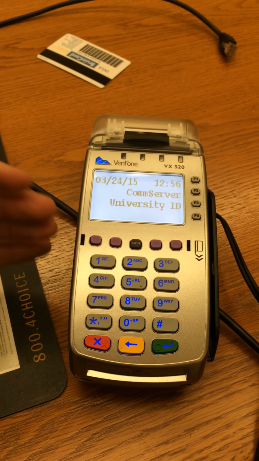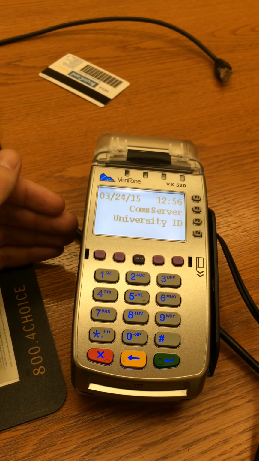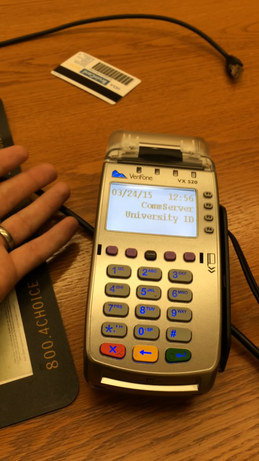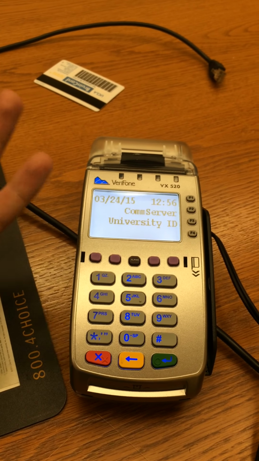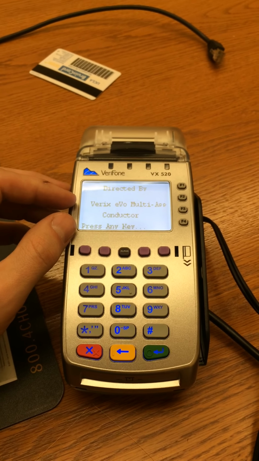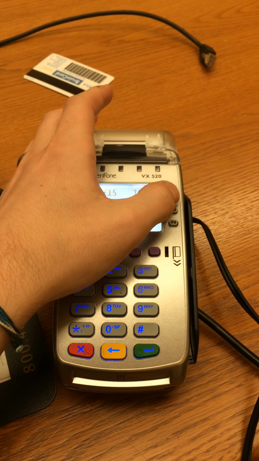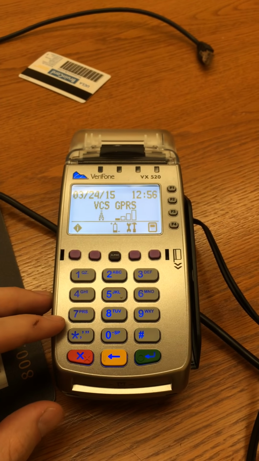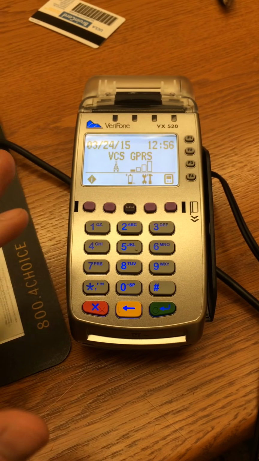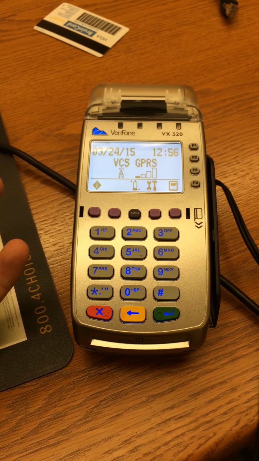Because again, you've whitelisted and cleared that static IP from T-Mobile ahead of time. We've tested the device. This is a device that's been out and active in the merchant community. We know that's really the only thing that can go wrong. So in order to renew that IP lease, you'll go ahead and press any key and then press F2 to enter in a ComServer. Again, operating out of Carmine's office,